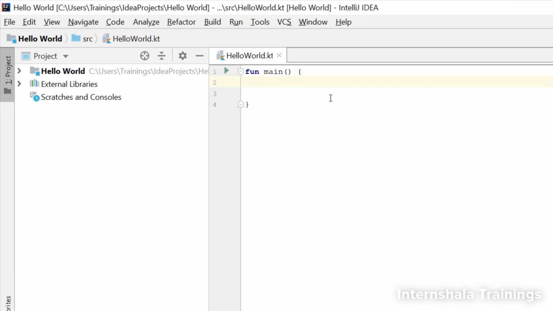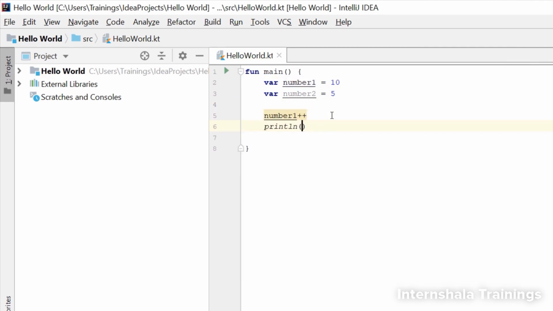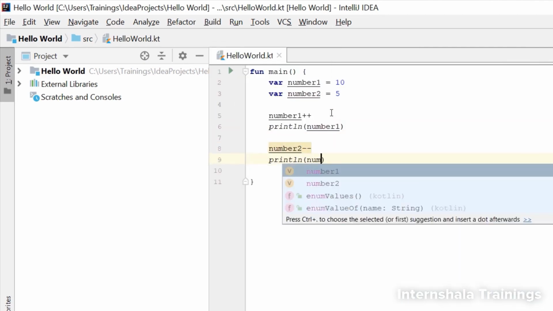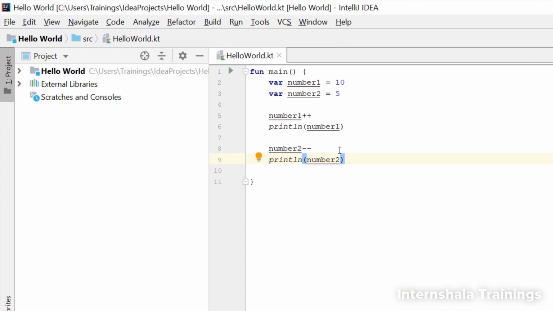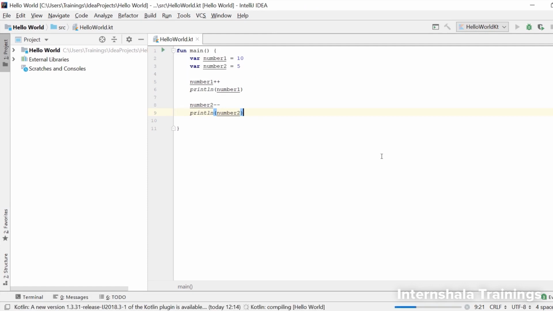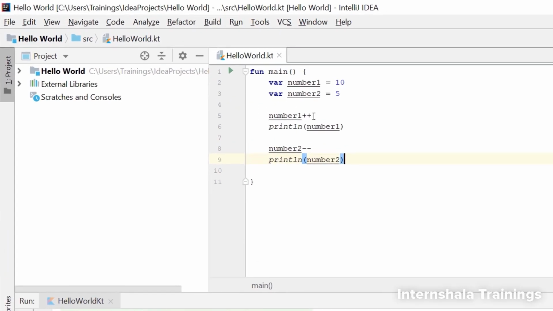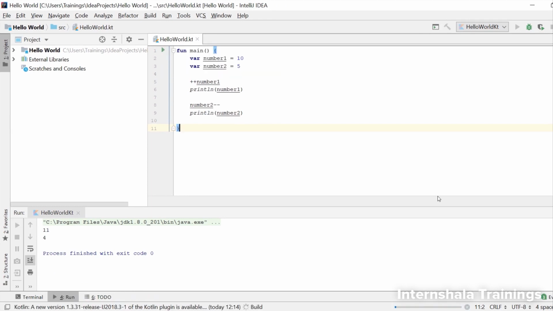Now let's open our IDE and practice. So this is how we will use the increment and decrement operators. Let's look at the output of this. Now there is another way to use these operators. This is how we do it. The difference is that here we have used the operator after the variable and here we are using them before the variable. Now let's look at the output of these.